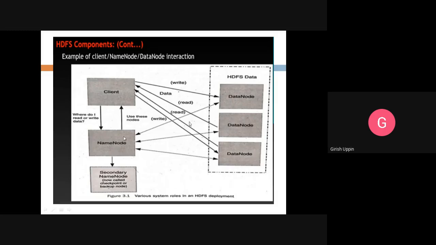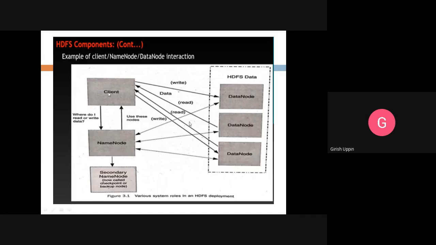The name node has all the information about what is being stored in these data nodes: which data node is saving what kind of blocks, that mapping information will be available in the name node. It holds that information in memory, not on any permanent storage, so that the processing will be faster.